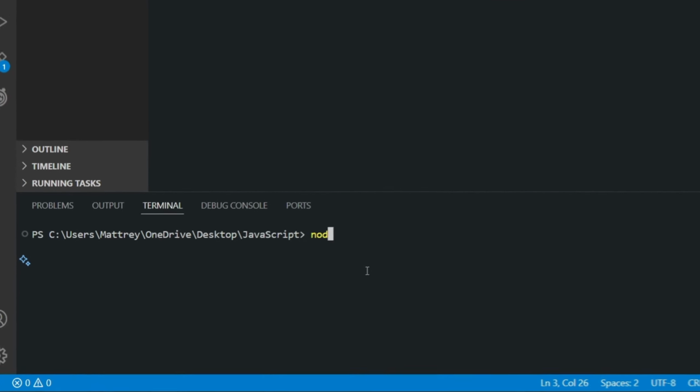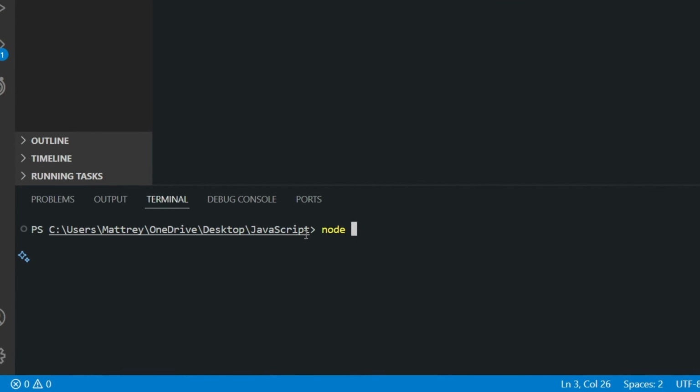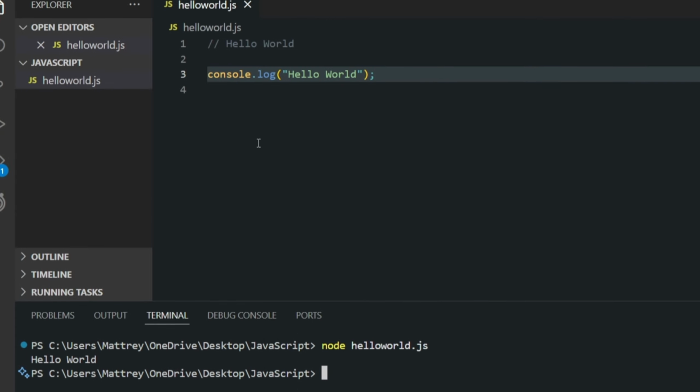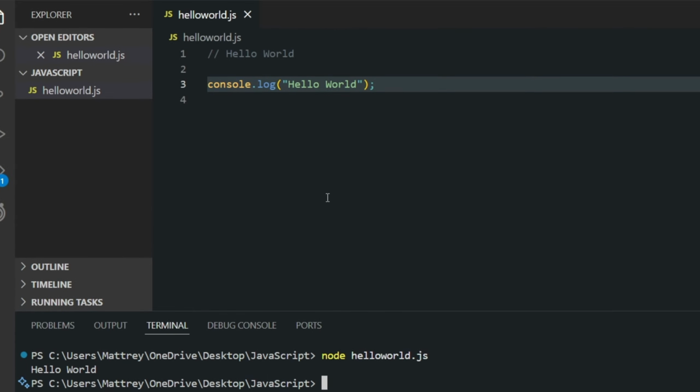and to run this in your VS Code terminal, you can write node and the file name, and make sure you are currently in the same directory. So node hello world.js. When you hit enter, the file runs. As you can see, the console.log mainly displays the message on the terminal,